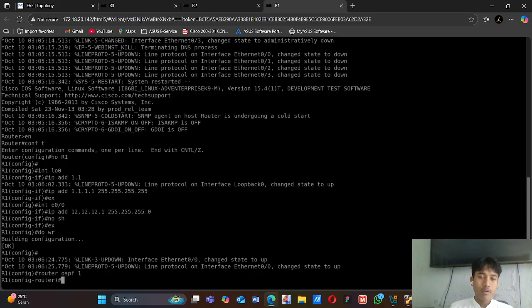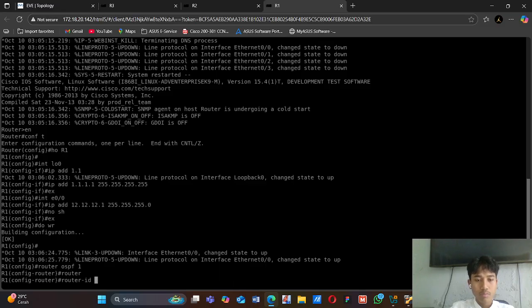If we do not configure the router ID, OSPF will choose the IP loopback for the router ID, or if you don't have an IP loopback, OSPF will choose the highest IP address on the interfaces, guys. So the good practice is to configure the router ID.